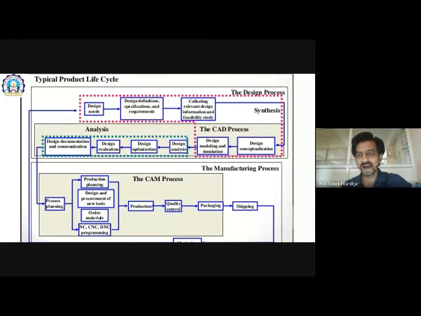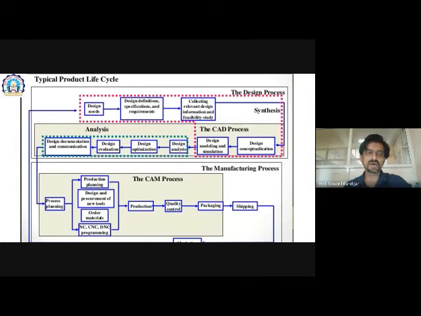It means we have made a total design from concept to this model in the CAD process, and then we go for the analysis. Analysis is nothing but a virtual cross verification of our design, whether it is feasible or not.